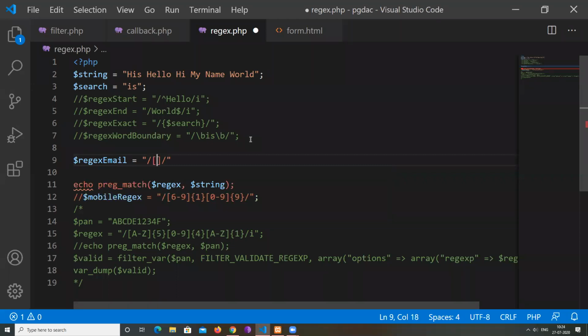Now, I can write like this: a to z, then A to Z, then 0 to 9, dot, hyphen, underscore. These are the allowed characters in an email address. Plus, so plus is one or more. You may be remembering this from DTD, where I told you that asterisk means 0 or more, plus is 1 or more. So it means these characters should at least appear once. So plus,